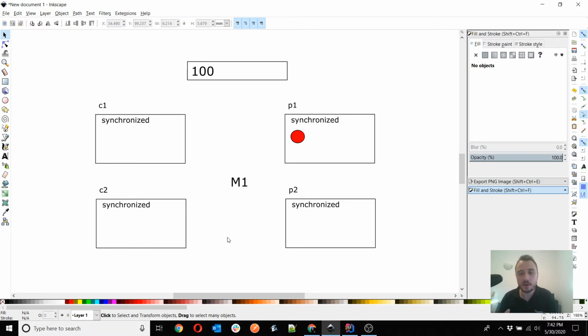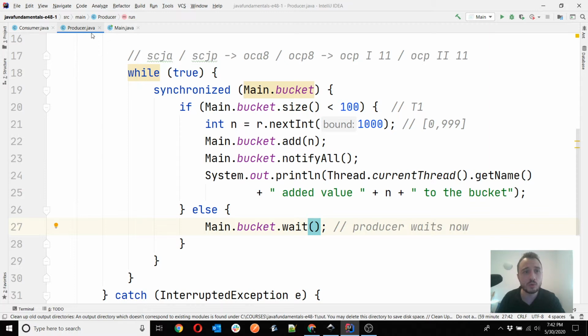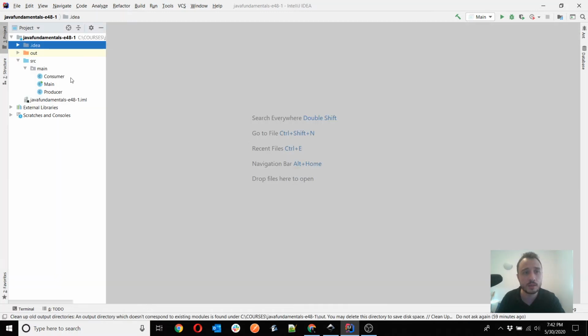So when you'd like to make one of your threads wait and then continue at a later time, in a specific condition, you can use wait and notify for this matter. But remember, always inside the synchronized block. You can't do it otherwise. Now, that being said, I would like to create a second project. The second project is the one I will use to describe how volatile works.